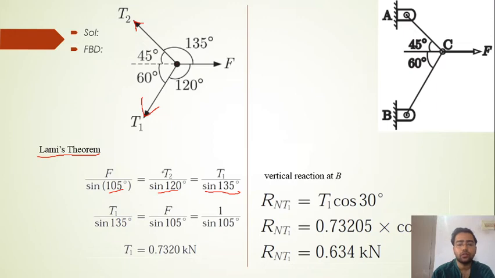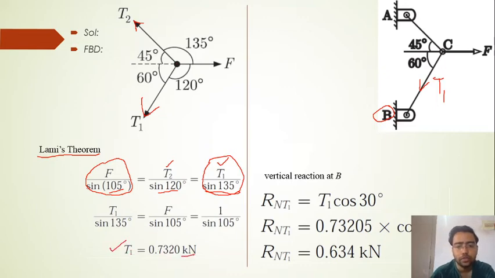So from this we are going to get two equations and two unknowns, T2 and T1, and both T2 and T1 we can find easily. F we already have, right? Because in our case we have to find the reaction at point B, we care about the force only here, this T1. So we need to find only T1. We'll pick up this expression and this expression, make them equal, and directly find T1. In the same way they have done it, T1 is equal to 0.7320 kilonewton.